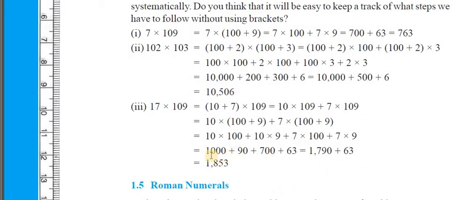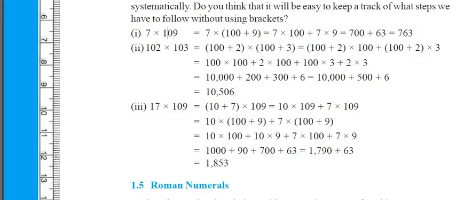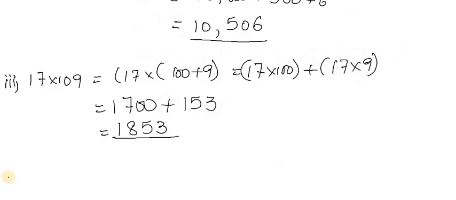Okay, here they have done expanding form of both, but we got the same answer. Okay, I just said that we can follow that procedure also. Now we will go with some more questions.